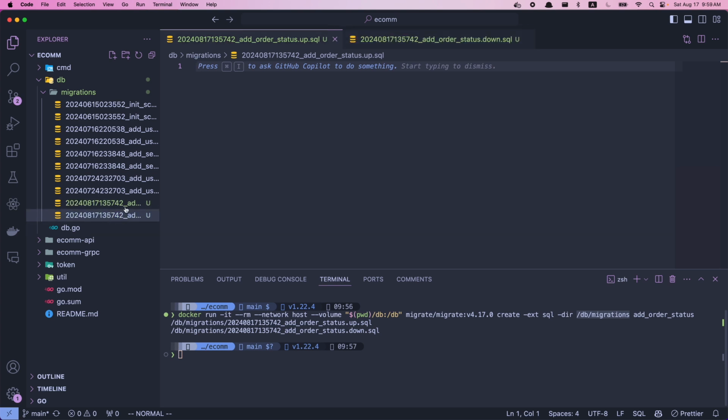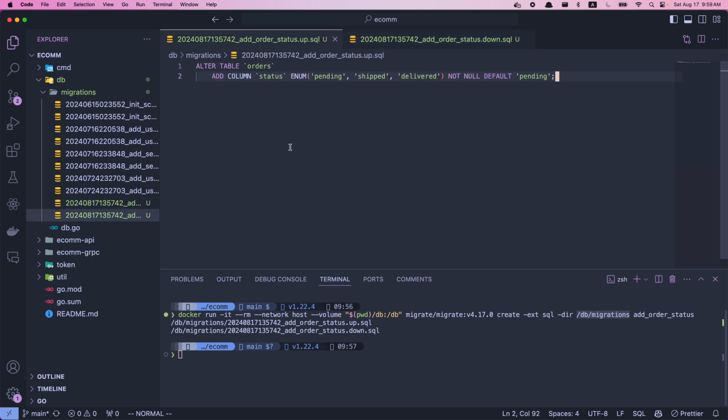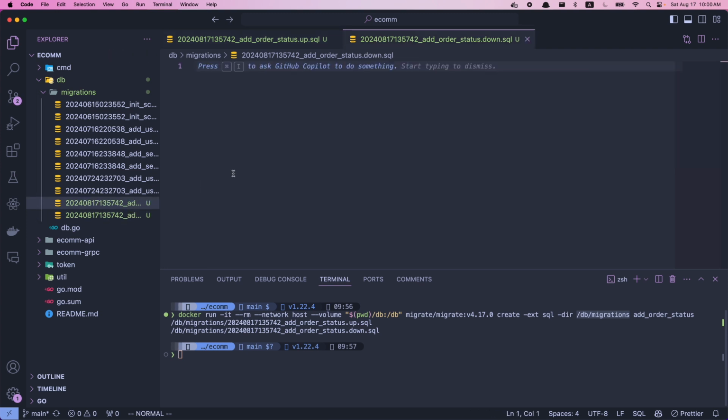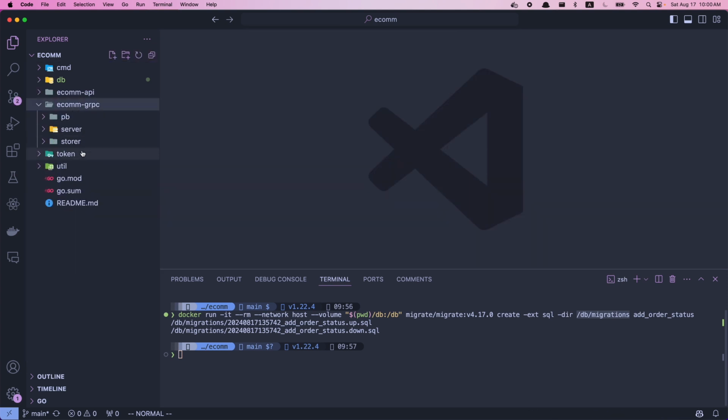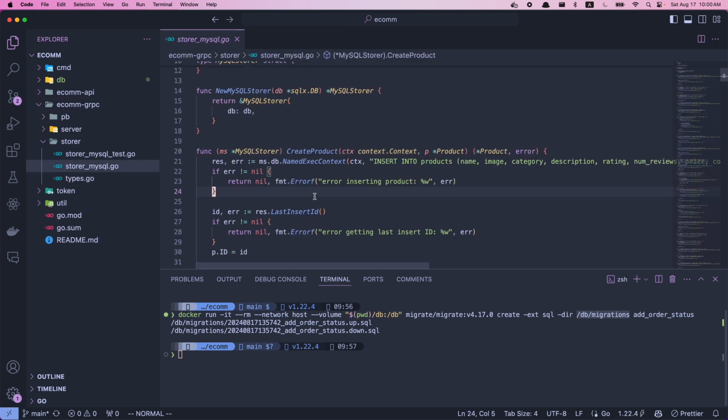And inside this migration up file, I'm going to add this query to alter the orders table to add the status column of enum type, and I'll give this a default value of pending. And inside our migration down file, I'm going to add this query to drop the status column. I'll save and close these files, and I'm going to start from creating the store method to update the status